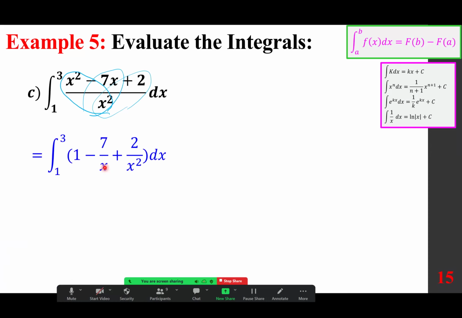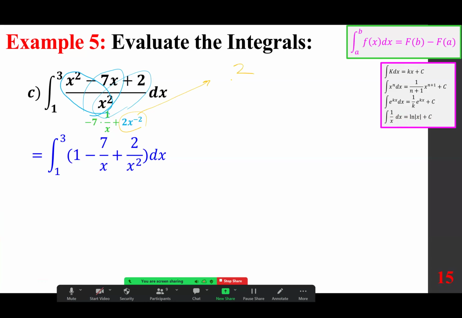We rewrite this as negative 7 times 1 over x, because we want to notice that we can easily answer it. And we're going to write this in power format, 2x to the power of minus 2. So 1 gives you x, minus 7 times 1 over x gives you minus 7 ln of absolute value of x. And this one, again, we have done this before,